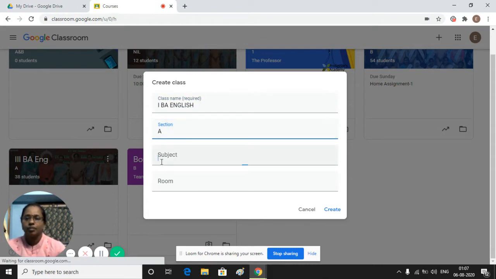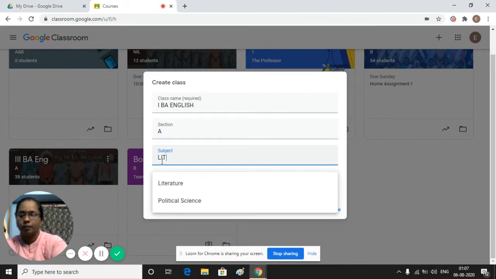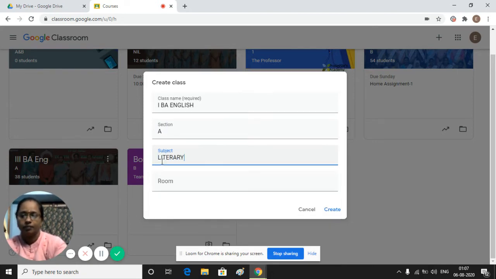What subject or paper you are going to handle, you have to type here: literary. Likewise, you can type all those things and create the class.